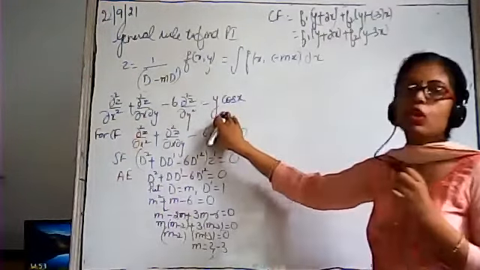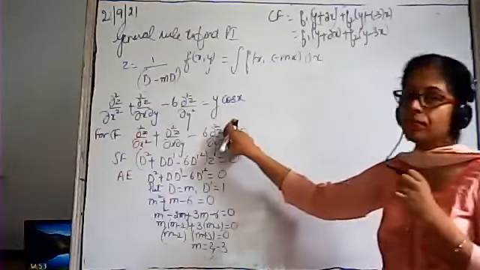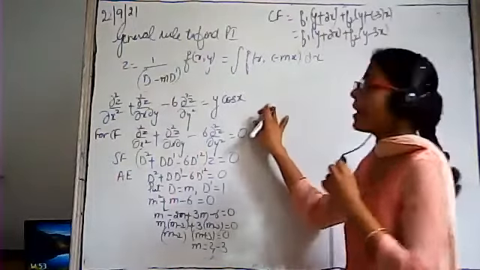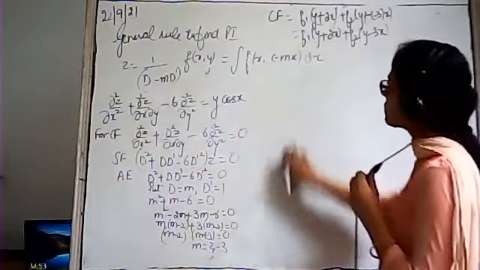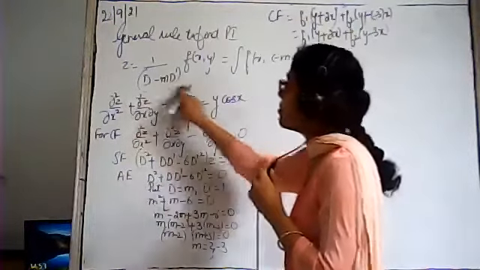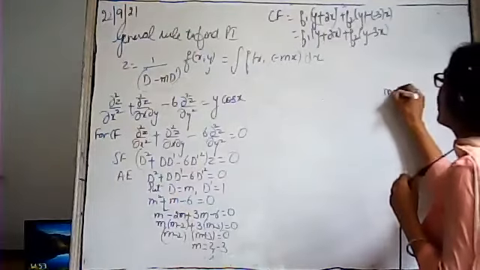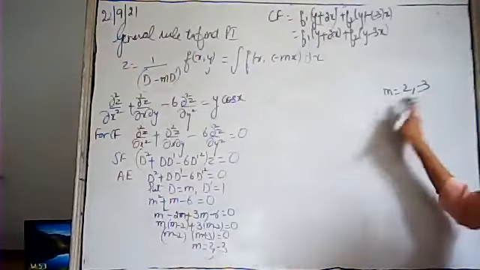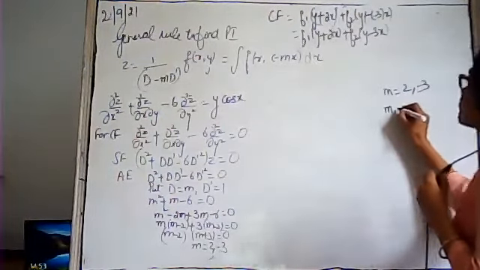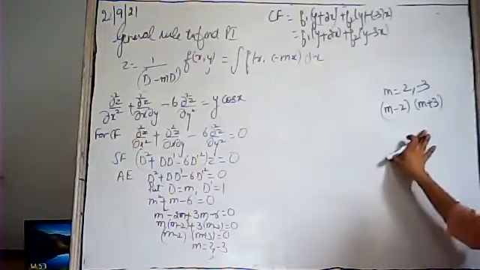Now look here, there are two terms. The y term is a polynomial term and along with it there is a cos form as well. So we can apply general rule. How to apply general rule? First look, and note it down later. First of all, we have to make this form. How will this form be made? See, we have m is equals to 2 and minus 3. It means we have two values of m. One is 2 and other is minus 3. We can write in the factor form as m minus 2 and m plus 3. Can we write it like this?